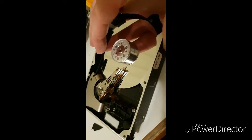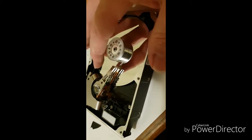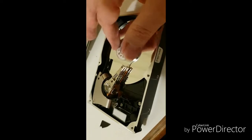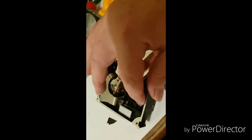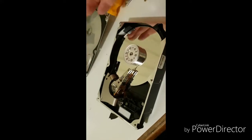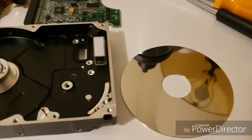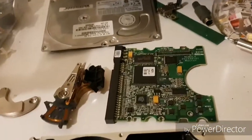Now, looking at this particular unit, it's locked in this position, so most likely this is not going to be able to be recovered regardless. So what I'm going to do is I'll tear it down, take the magnets out, take the arm off, and then recycle everything as it goes. Now this is what's left of it. You have one platter, the aluminum, the board,